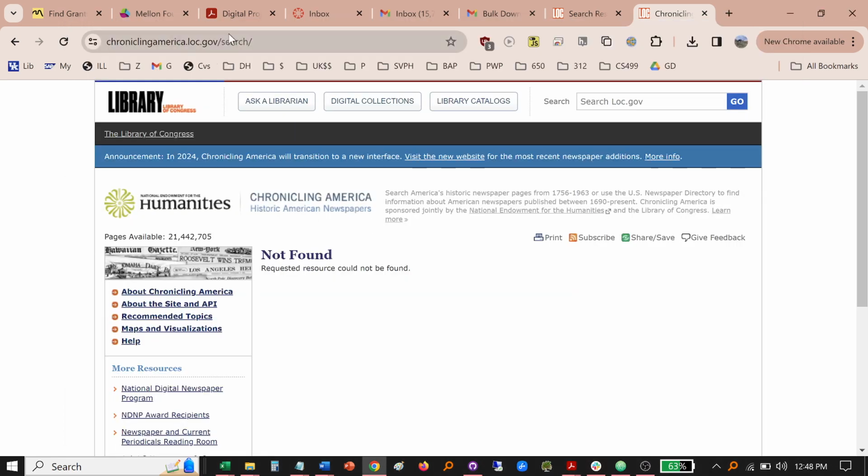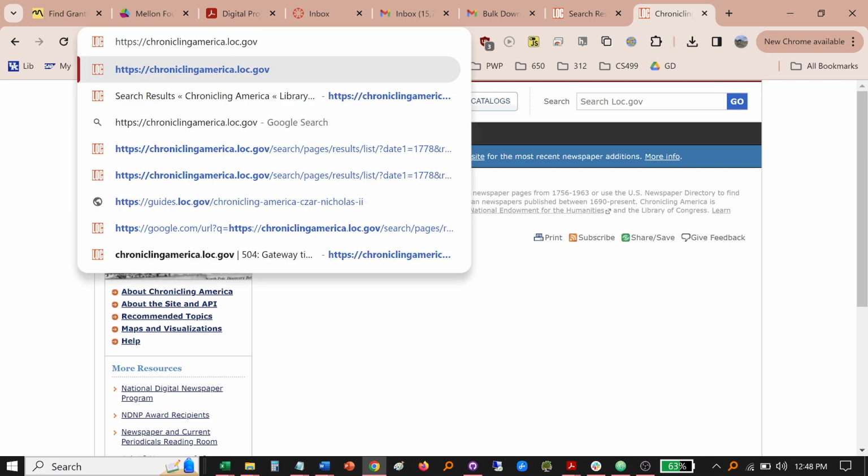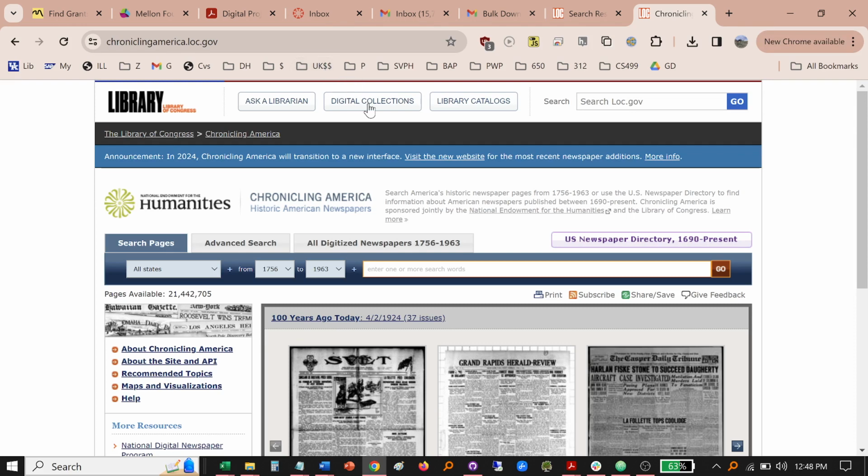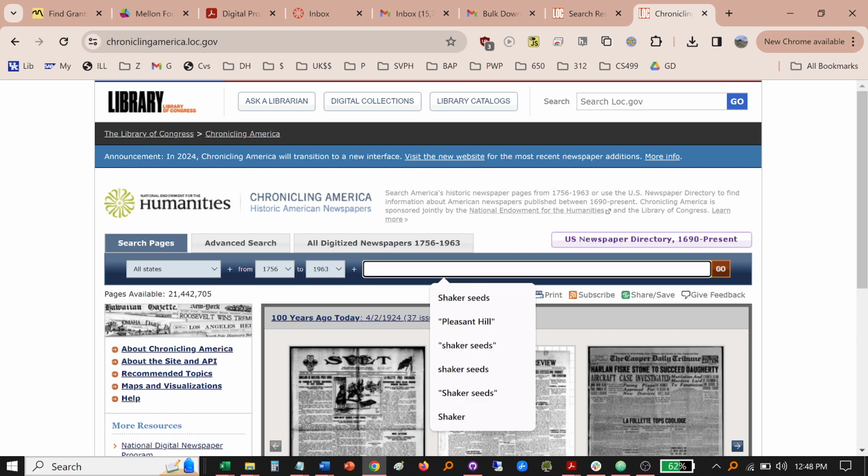Okay, just go to the main website. They have a new search page that you can demo. Right here, you can see "visit the new website." Don't do that. We want the old website. So the quick and dirty way is to copy and paste all of those links that are returned from search